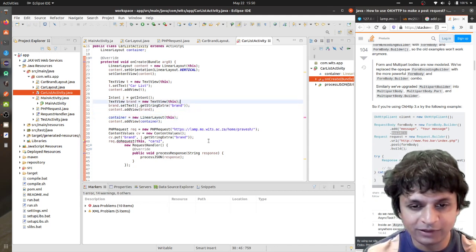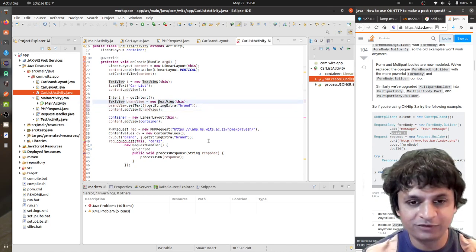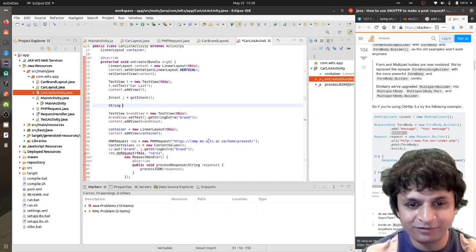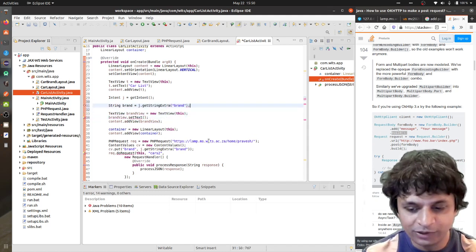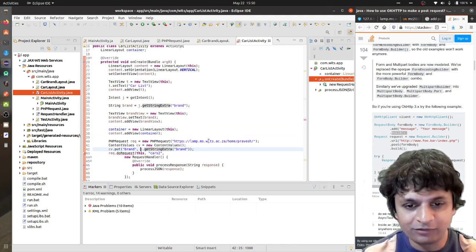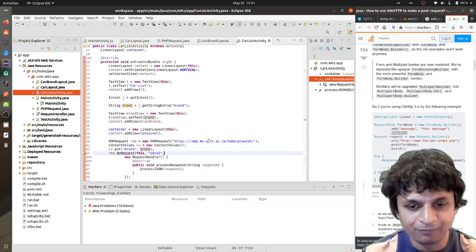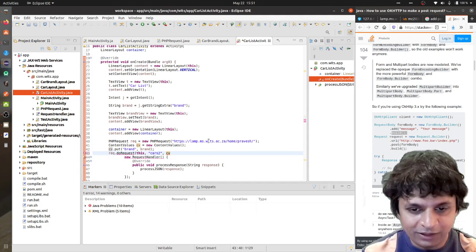I think a better way to do it is to change this thing to like brand view, because that's the text view containing the brand. So you'll see I actually got confused when I was coding, and whenever that happens to you, that probably means you've named something incorrectly or your structure is wrong, right? So I'm going to make a variable called brand, which just goes and gets it from the string extra, and I'm going to say brand value that set text brand so that it uses the brand value that it got, and now I'm going to put brand in there. Okay. Then I'm going to send the CV into the